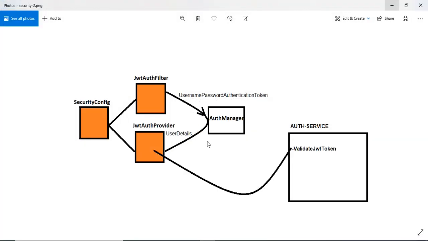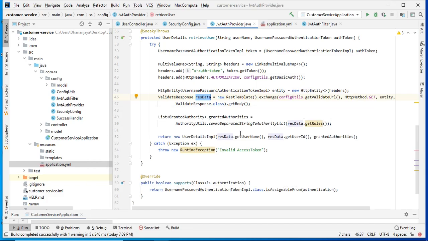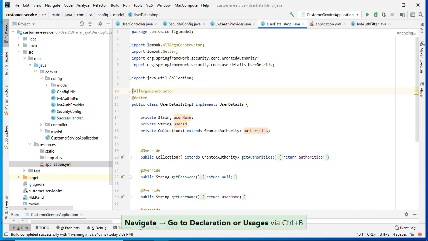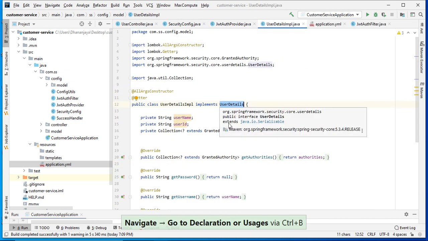authentication manager, but the authentication manager will not take that directly, it should take it in user details format, right? So I have to create the user details format. I have created one implementation class for that. As I said, user details is an interface.